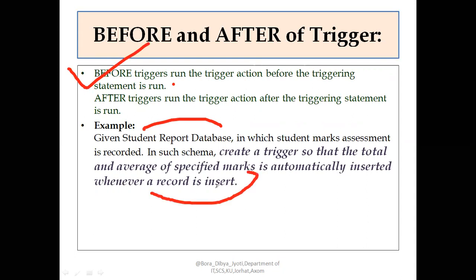क्या बोल रहा हूँ मैं, एक ऐसा स्कीमा की बात कर रहा हूँ जहाँ पे स्टूडेंट रिपोर्ट रखा हूँ, राइट? और उससे हम क्या कैलकुलेट करेंगे? असेसमेंट रिकॉर्ड. देन क्या ट्रिगर बना रहा हूं? We need to create a trigger so that the total and average of specific marks will be automatically calculated or inserted जब भी आप कोई एक नया रिकॉर्ड इंसर्ट करोगे. तो जब भी एक नया रिकॉर्ड इंसर्ट करोगे तो टोटल और एवरेज चेंज हो जाएगा, राइट? तो ये चीज ऑटोमेटिकली हो जाएगा. तो ये एक एग्जांपल है